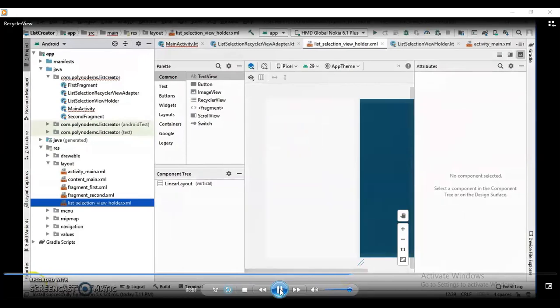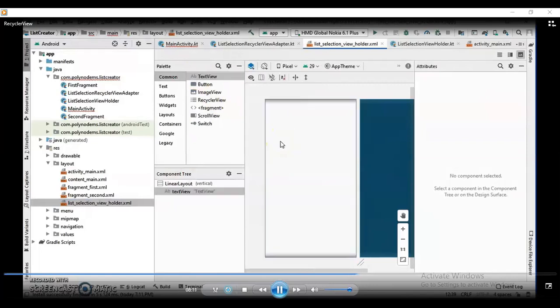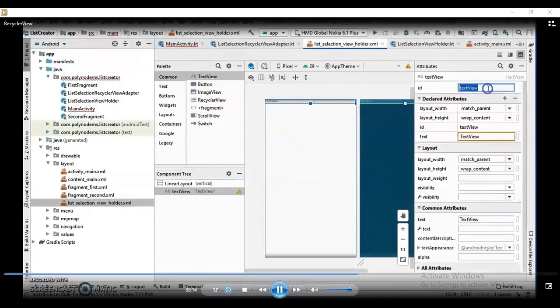Okay, so first text view for number, item number, and second text view for item string. As there are three strings inside those list items, your item number will be automatically displaying 1, 2, 3. In front of 1 it will display the name of string or name of atom. Similarly, it will display 2, and in front of 2 it will display the string.